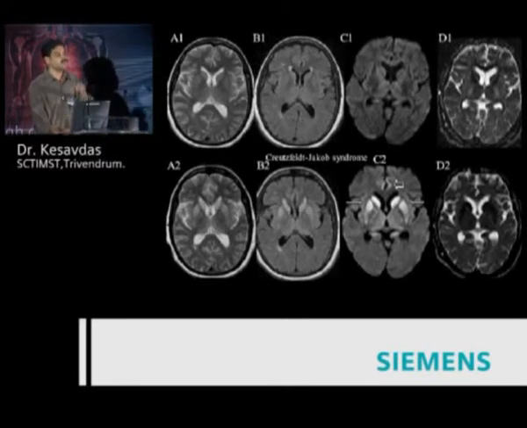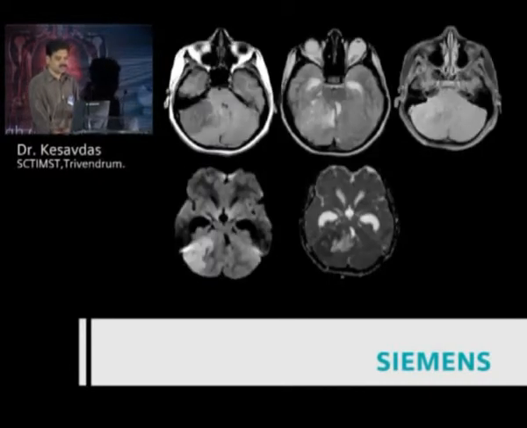Creutzfeldt-Jakob disease. Looking at diffusion weighted imaging is an important thing whenever you suspect CJD, because diffusion restriction is taken as one of the criteria for diagnosing CJD. Now what about this case? Look at a posterior fossa lesion in a 23-year-old female, which is hemispheric on one side, which is showing restricted diffusion and not much enhancement of contrast.